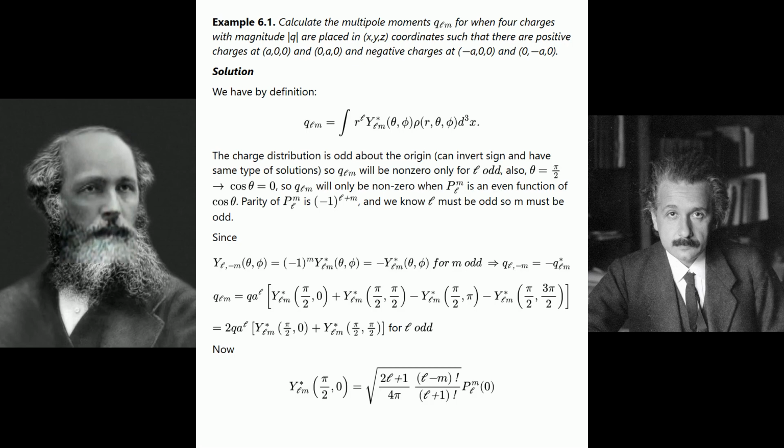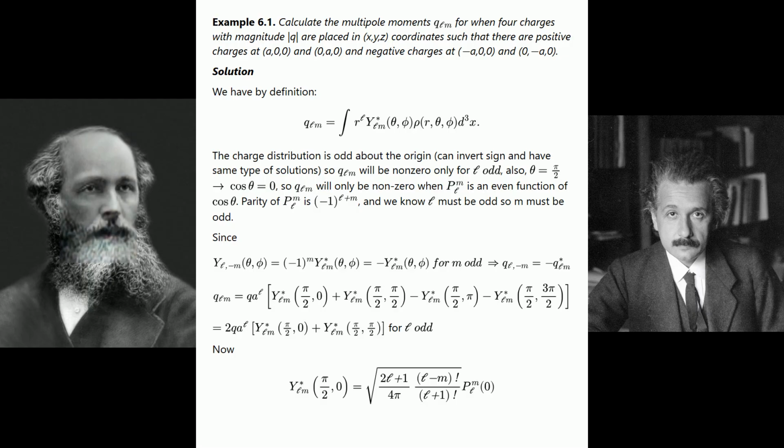Example 6.1. Calculate the multipole moments q_Lm for 4 charges with magnitude q placed in x, y, z coordinates such that there are positive charges at (a, 0, 0) and (0, a, 0), and negative charges at (-a, 0, 0) and (0, -a, 0). Solution. We have by definition: